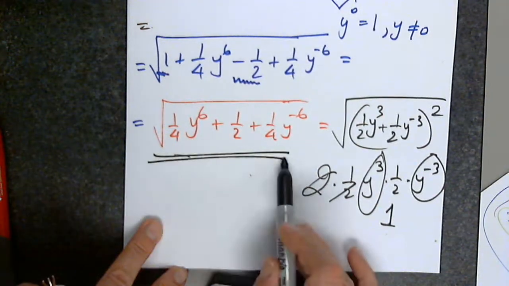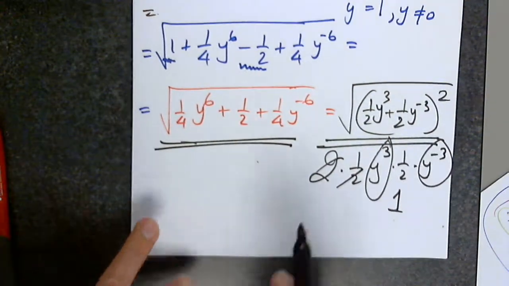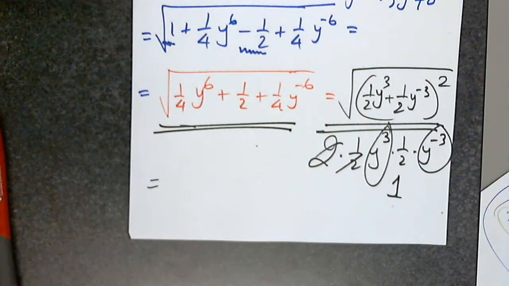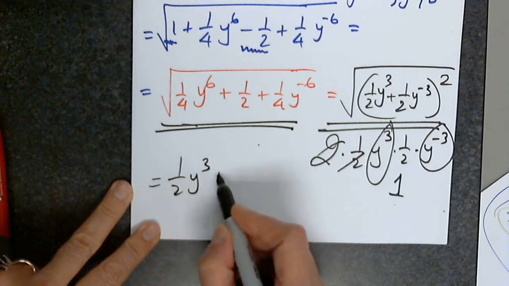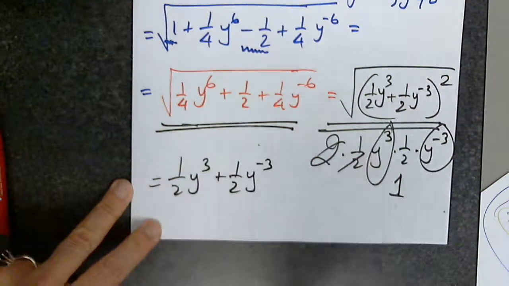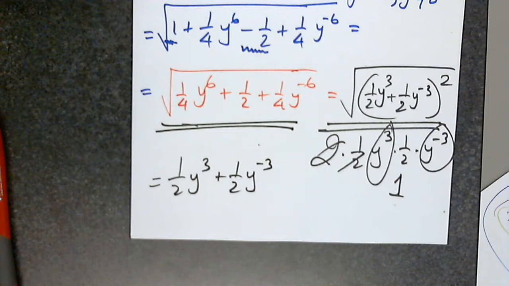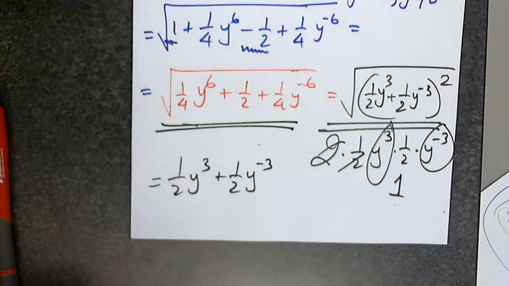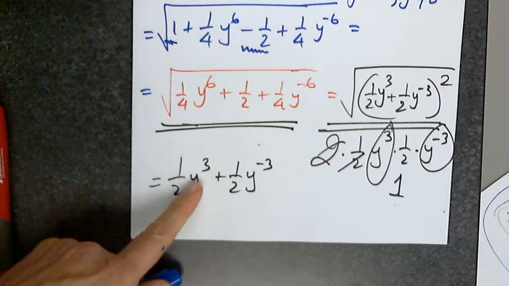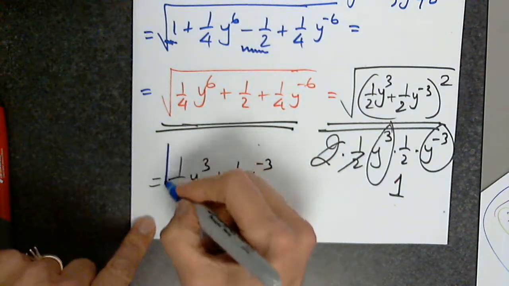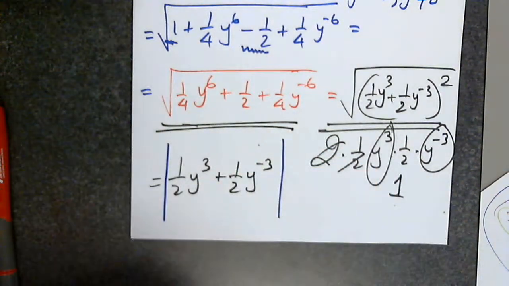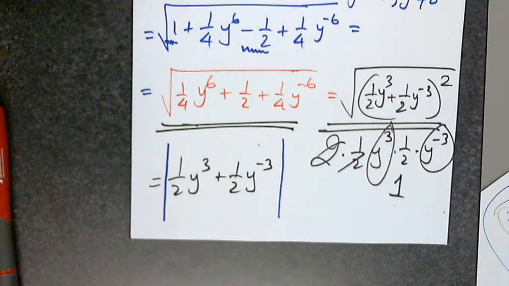So is it true that this is indeed that? So then the final simplified form will be 1/2 y to the third plus 1/2 y to the negative 3. However, bring it to the bottom, yes, you can. However, this is not always positive. If y is a negative number, under certain conditions this quantity could be negative. Now I have no choice. So we have to write the absolute value. I have to write the absolute value. So is negative y